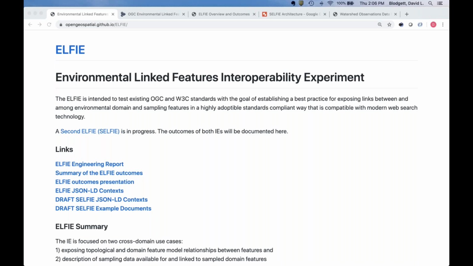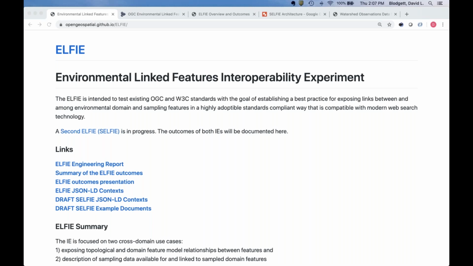And these basic relationships of environmental features, and the observations that we make of those features, are a part of our IT ecosystem that we all kind of understand, but there's not actually a lot of best practices in place to connect them together and express the relationships between them in a way that modern web infrastructure can work with.